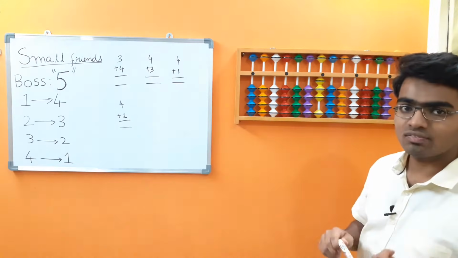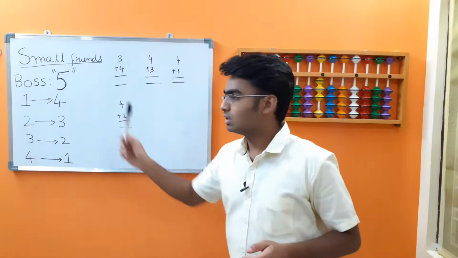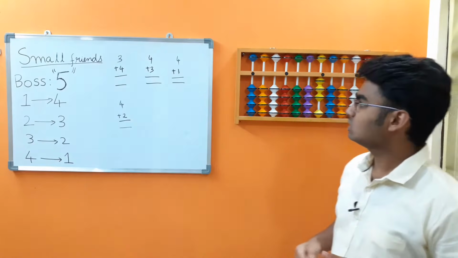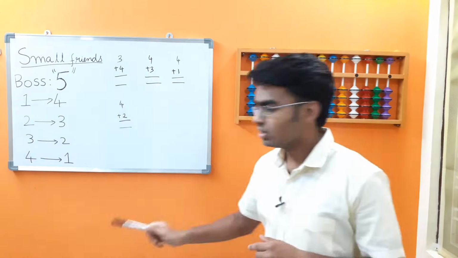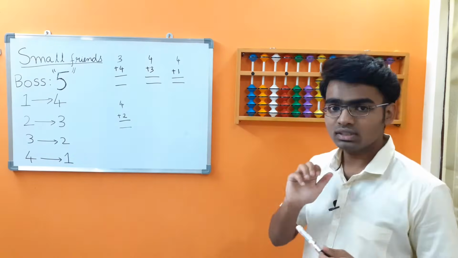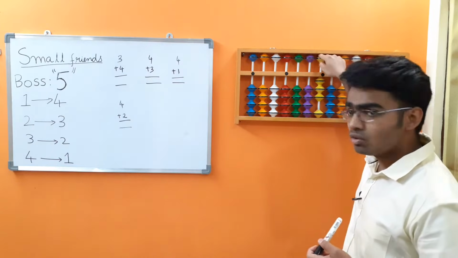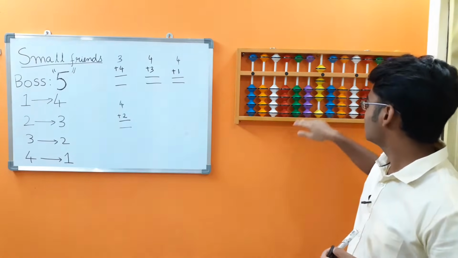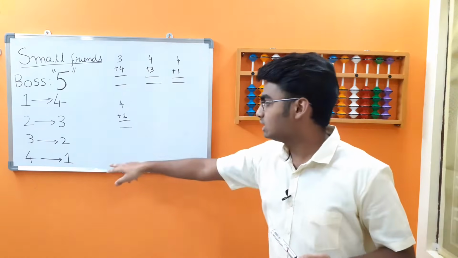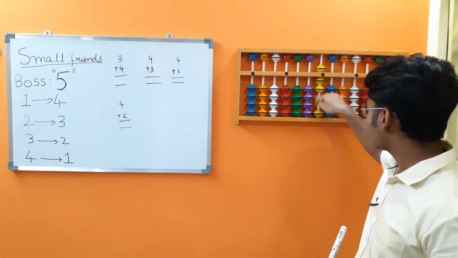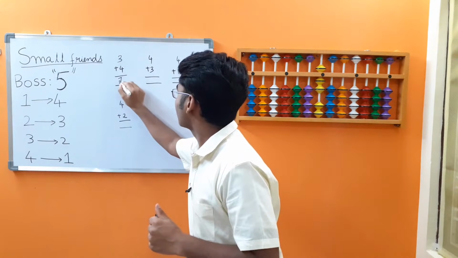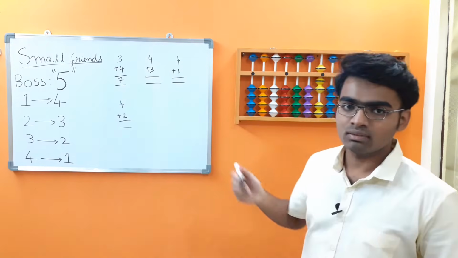In small friends, as I have told earlier, 5 is the boss, right? We have to add 4. The process here is we have to see who the friend of 4 is. Friend of 4 is 1. Now listen carefully. The process here is we have to add the boss 5 and less the friend 1. We are subtracting 1 because 1 is the friend of 4. We subtract 1 here. We got the answer as 7. It will be clear as I cover more examples.